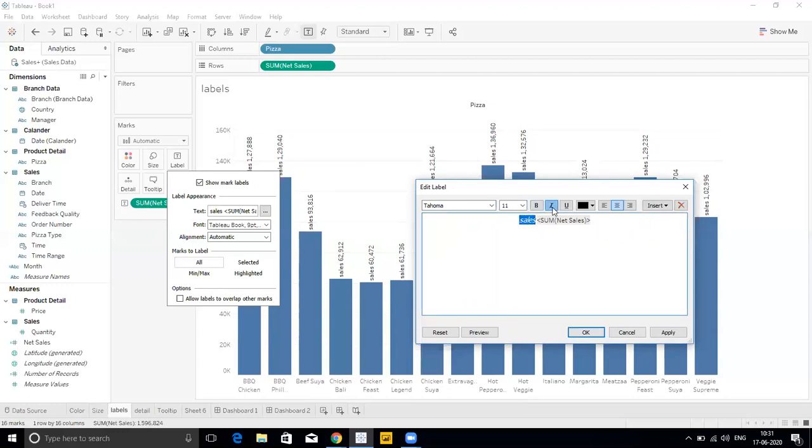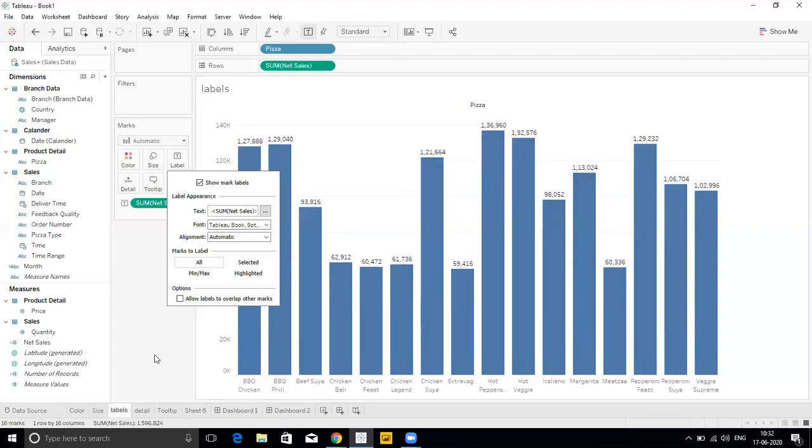You can change the size as well if required. You can change it to bold, italic and underline. You can change the color as well. Now you can set this to left, right or center alignment. If I don't want to highlight the sales text on my layouts, I can add different things here. For example, see, this one is coming like sum of the net sales, so that one is already inserted here. Let me click on apply and okay.